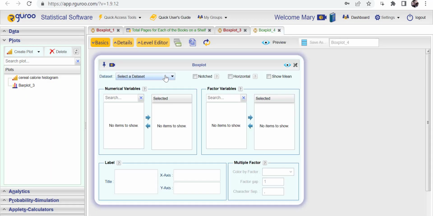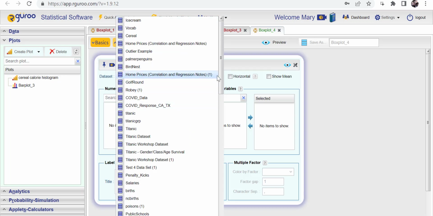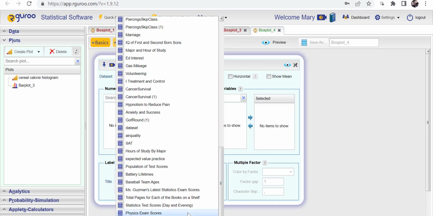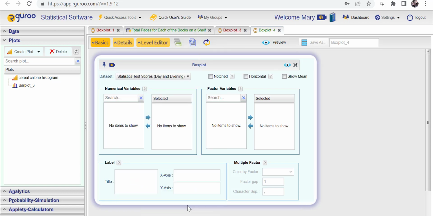And then in the data set, we're going to choose Statistics Test Scores day and evening. And then I'm going to move both of the numerical variables over, both day scores and evening scores. I'm going to move them over. And then I'm going to click horizontal, and I'm going to click show mean, and then I'm going to do